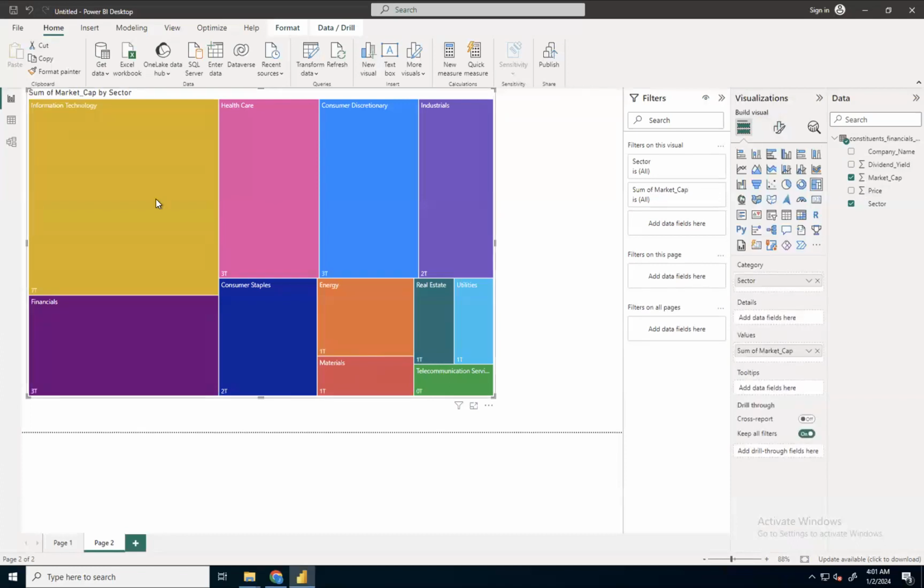So this graph basically demonstrates that information technology has the largest market cap, and it is represented by the rectangle here. And we can see that telecommunication industries here have relatively very small market cap. So this is the demonstration of sector wise market cap.